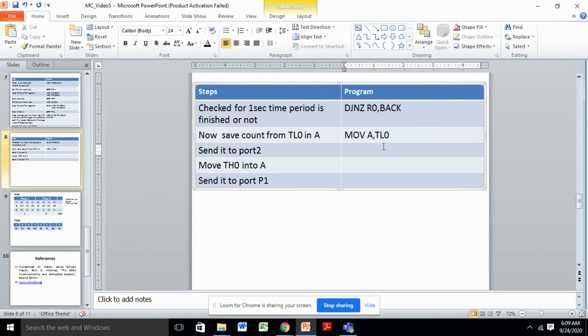We will shift this TL0 count from the accumulator to port P2. So MOV P2, A. Then the higher digit of the frequency count will be loaded from the TH0 register to the accumulator, and it will be saved to port P1.